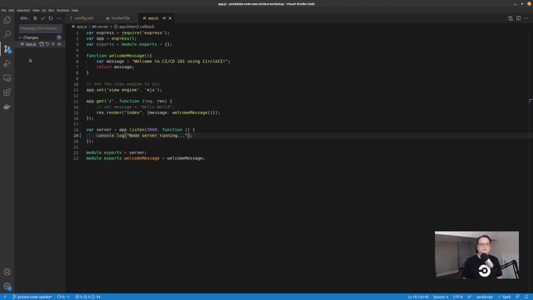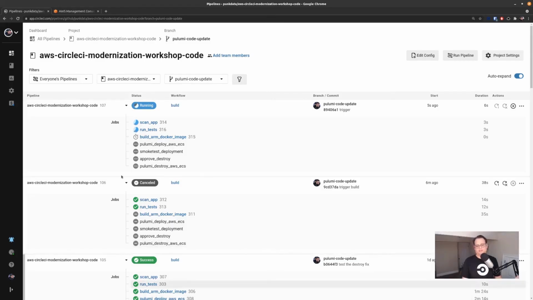And then what we're going to do is, we forgot to update that. So we're going to say, just call it "trigger," right? Another message. We'll do 2 pushes or 2 commits. And then we're going to push this upstream. So once we have that pushed upstream, we're going to jump over to our CircleCI dashboard, which has detected my code changes, and it's going to run all the jobs defined in my config.yaml file.